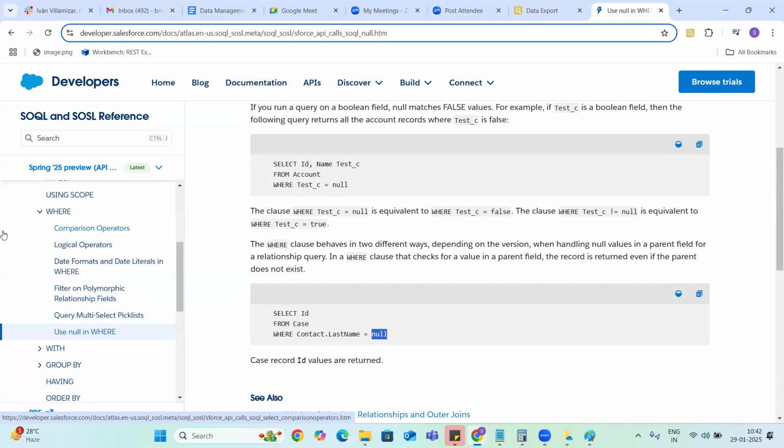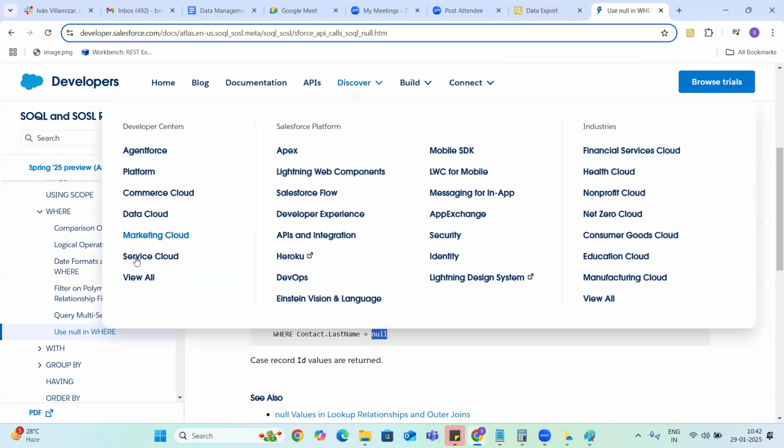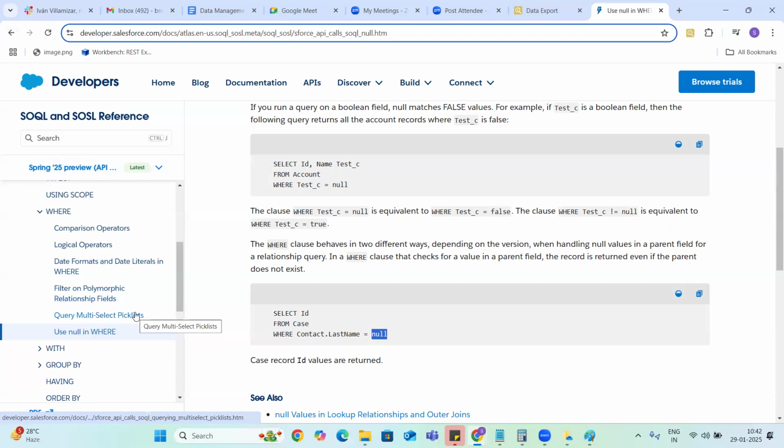If you are very good with your SOQL queries, you can easily write the formula fields, because formula fields also have almost the same functions, with a little bit of extra functions. All these where criteria that you are learning here are very helpful while writing the formulas.